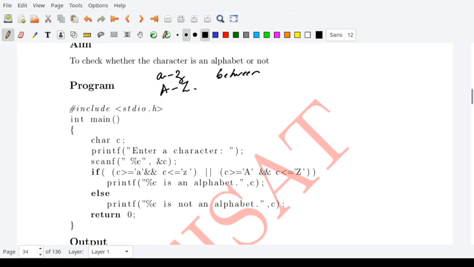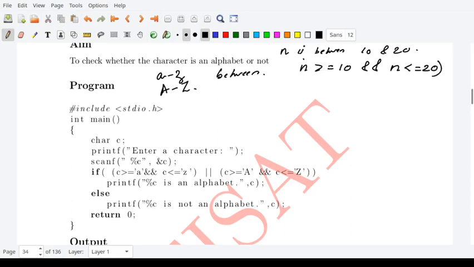How will you write something which is between, in the case of numbers? If I want to check whether a number n is between 10 and 20, how will I do that? You will check whether n is greater than or equal to 10 and n is less than or equal to 20.